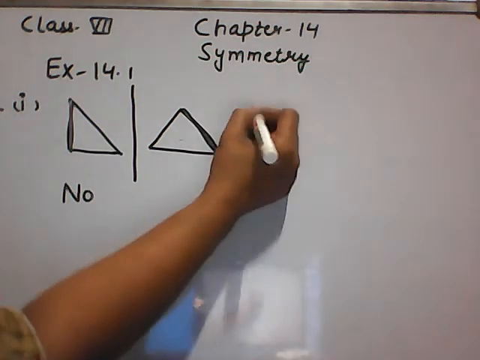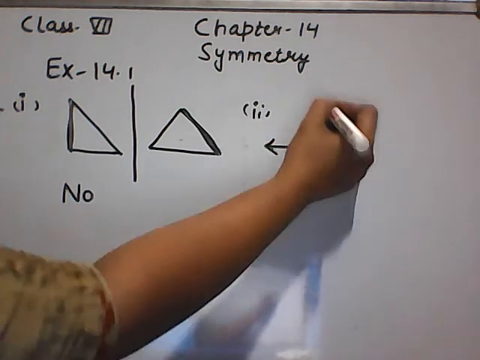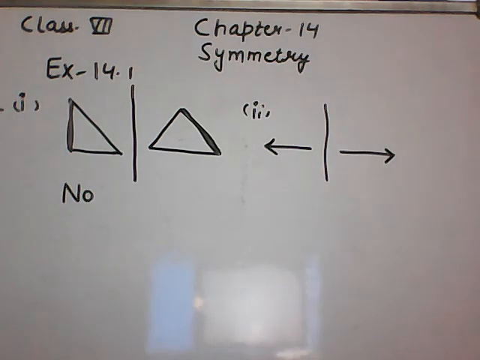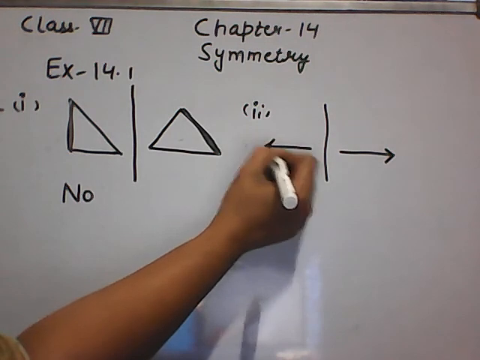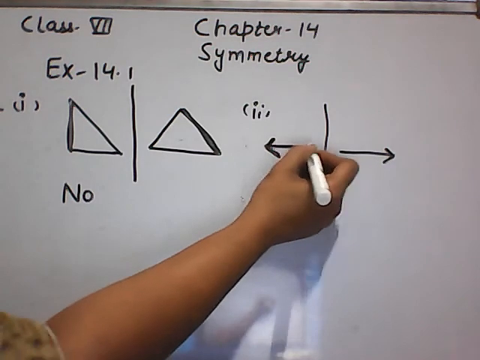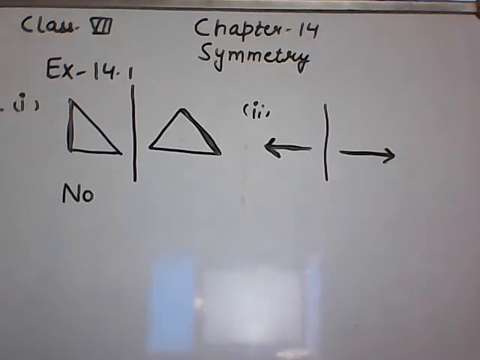Next figure is given to you. It is just like an arrow, and another figure is given to you, this type of arrow. You have to check whether these two figures are mirror symmetric or not. Here the left part is the arrow. So this left part becomes the right, and in the right part there is a straight line. In the left part there is a straight line. So in these figures there are left-right changes in the orientation. So we can see these figures are mirror symmetric. Let's move to the next part.